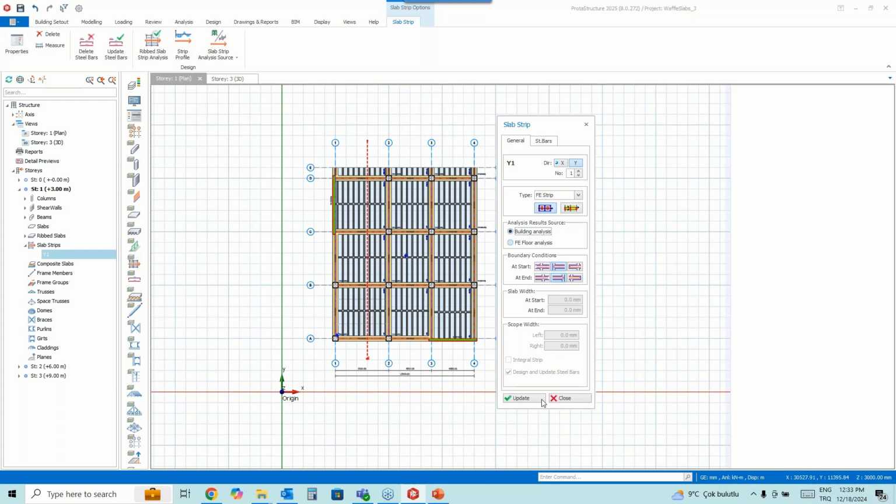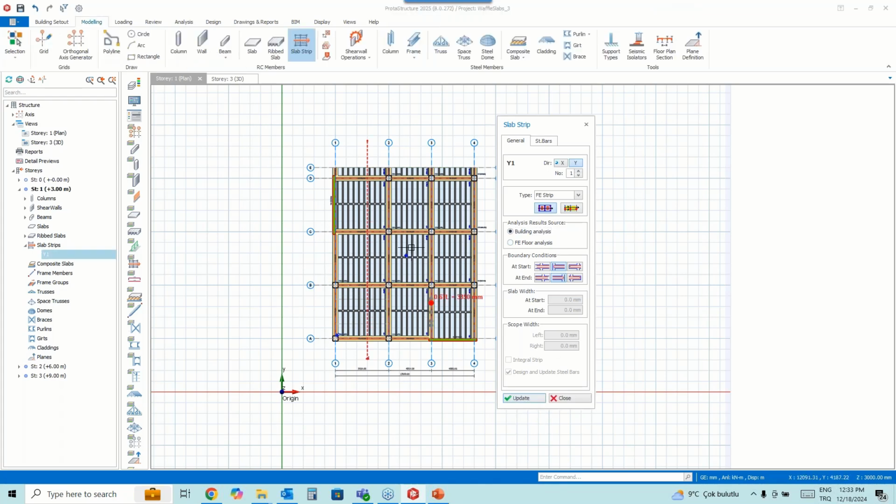If you select the building analysis option, the software will automatically collect the results from the analytical model, because we are creating these frames in the building model. So this is the most realistic option that you can use for ribbed or waffle slab design.